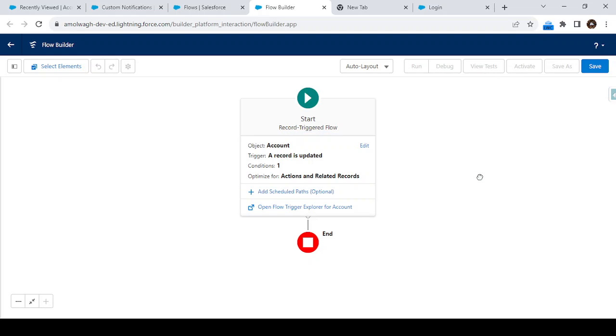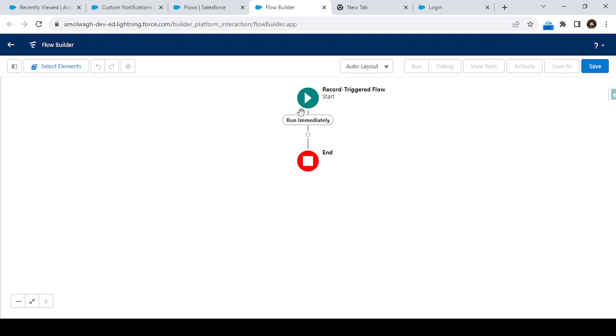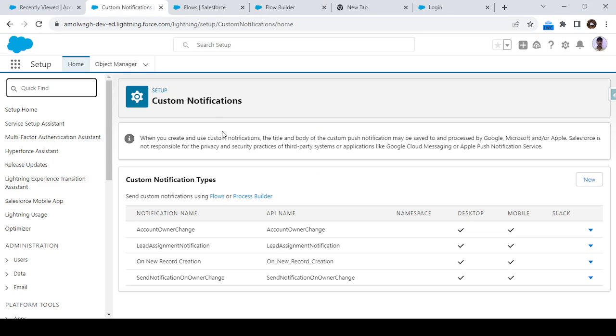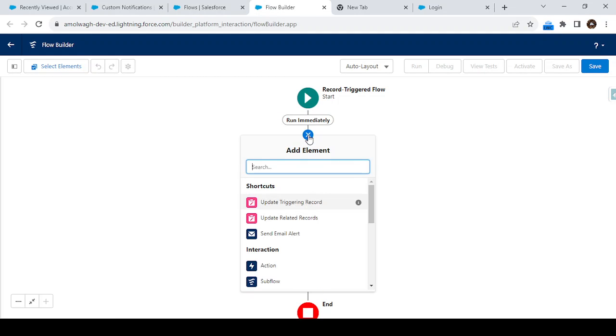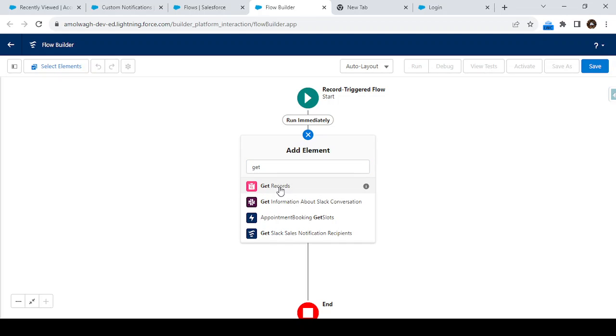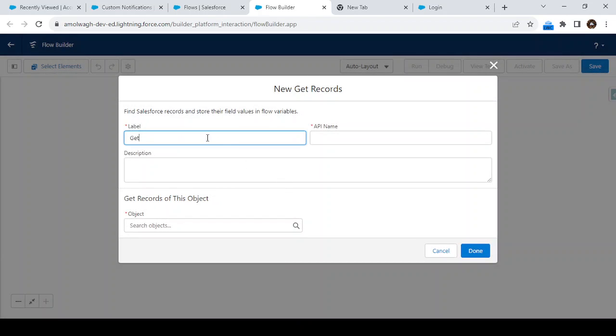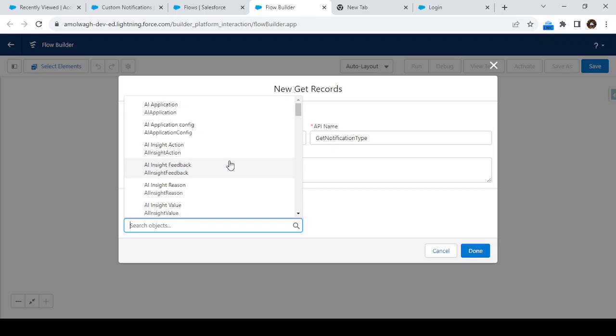Next thing we have to do is get the notification ID, like we have created the custom notification type. So we require this ID to send the notification. So what we are going to do, we are going to fetch that by using this option. So here just click on the plus icon and use get records. So get notification type, select object. So here we have to select the custom notification type,